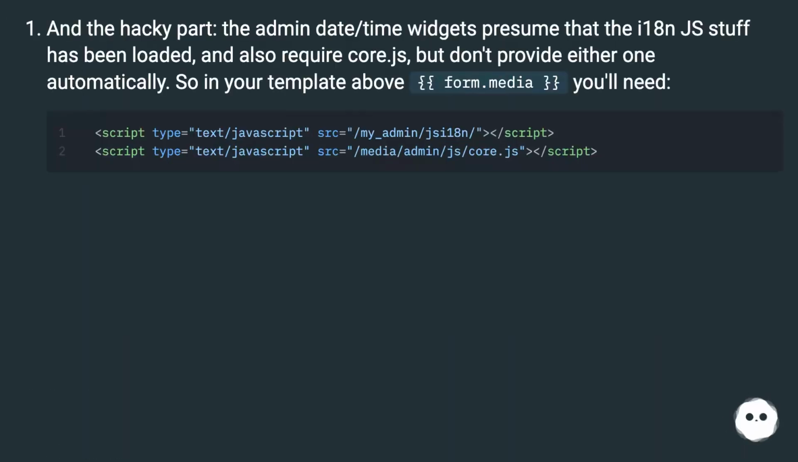And the hacky part, the admin date time widgets presume that the i18n.js stuff has been loaded, and also require core.js, but don't provide either one automatically. So in your template above form.media, you'll need